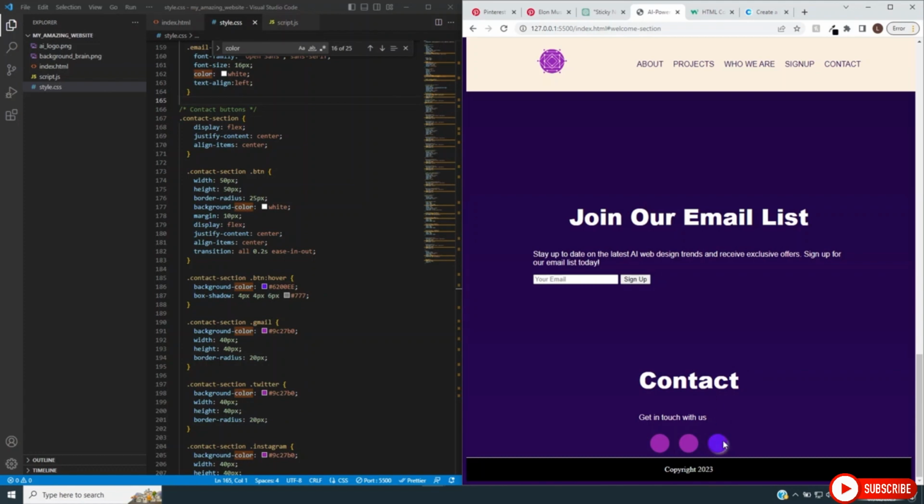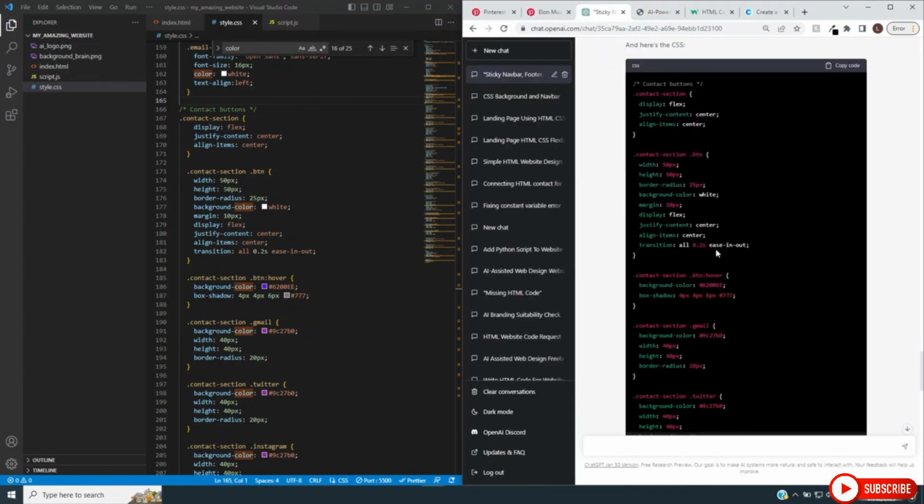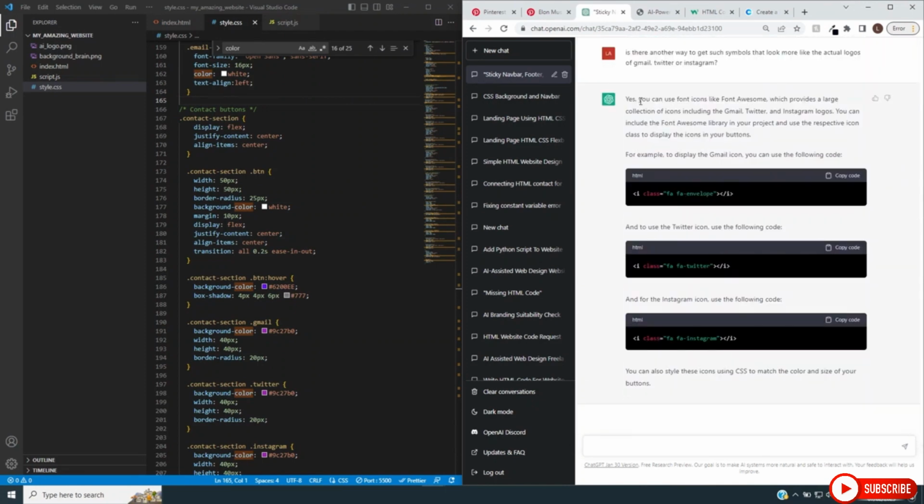And right here it looks like it didn't load in those symbols. So let's go to ChatGPT, and it says right here we are using icons from Font Awesome, which provides this collection of icons. And it says right here we have to include the Font Awesome library. So I'm just going to copy this part and hit Ctrl C, and I'm going to paste that in there,